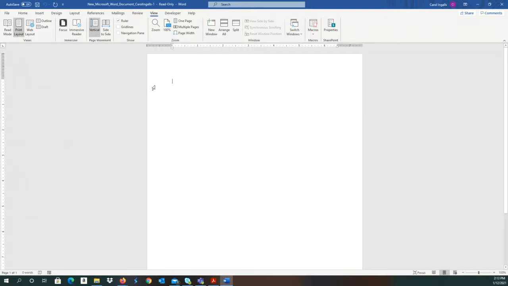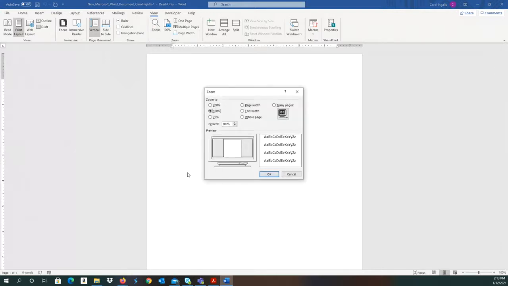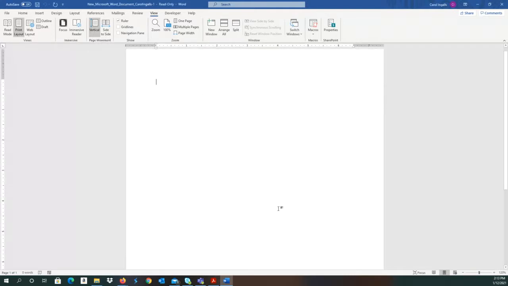So in the Zoom group, we want to click on the Zoom button, which is located right here, the Zoom group, and this is the Zoom button. And when we go there, we want to double click the current value in the Percent box. Okay, Zoom to, and here is the Percent box at 100%. We want to double click in it. And when we do that, we want to type in the number 120. And we want to click OK. And you can notice that that page, if you will, just got larger. So now it's been increased to